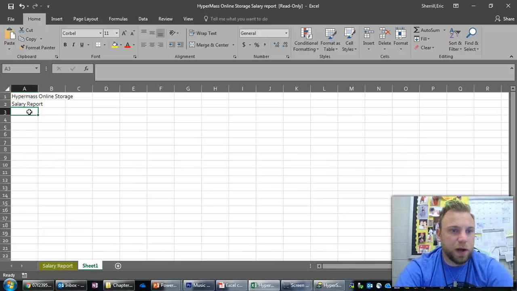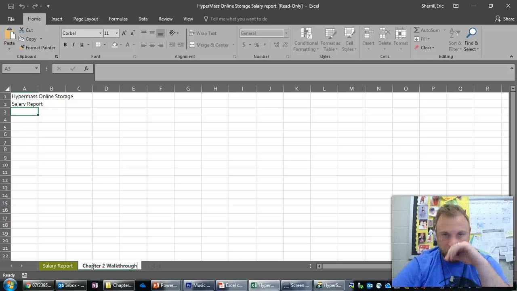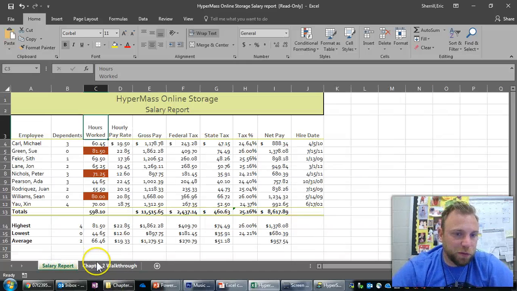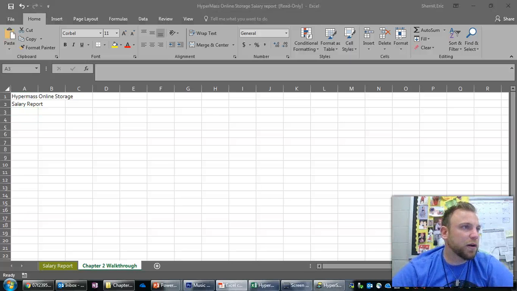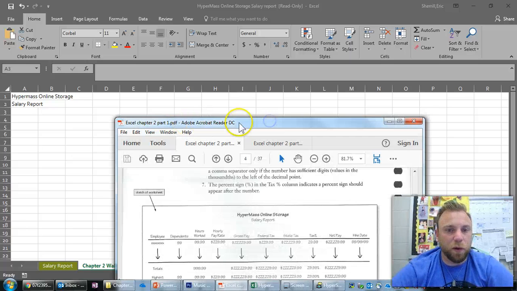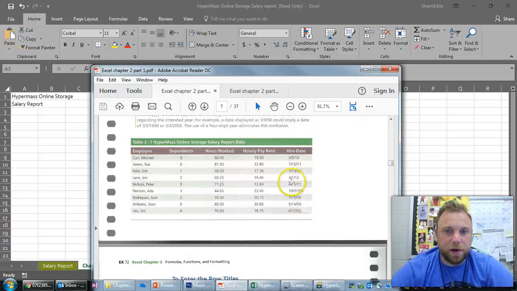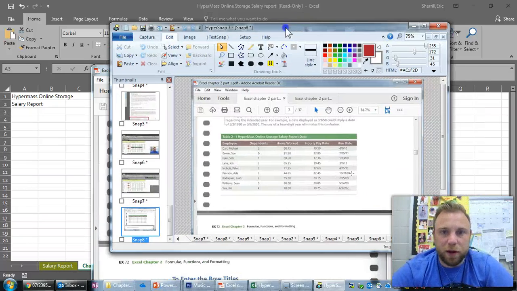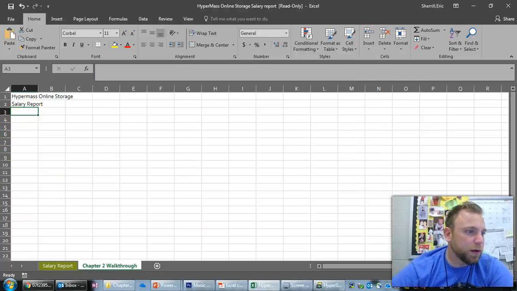All right, guys. So what I'm doing now, I'm just starting it open. You will add a new sheet at the bottom, and this will be just the chapter 2 walkthrough. At this point, you should have 4: the practice, chapter 1 walkthrough, and then the 2 in the labs. On mine, I just have what the example is going to look like. But what I did is I opened up my Excel book that you all are aware of, that we've been using, and I just took a screenshot of the page right here with Control Shift A, and remember, it brings up this right here. I have that over to the side, and I am now going to go through and